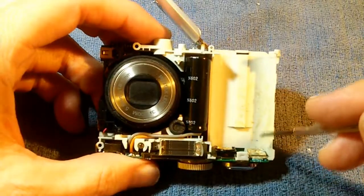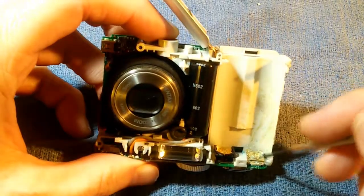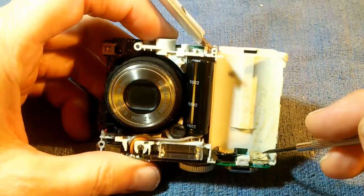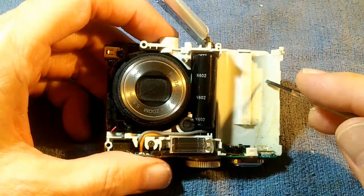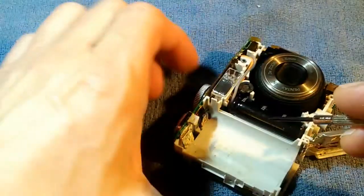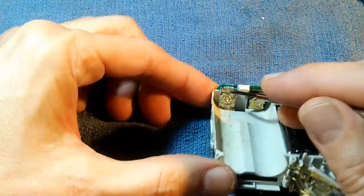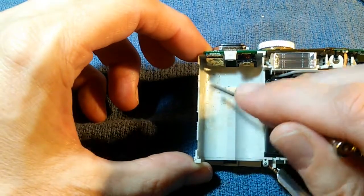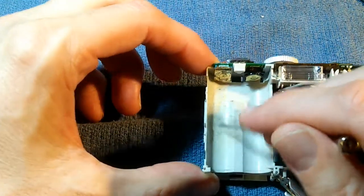I'm going to try to simply wipe some of this away with a damp cloth. This bluish color to me indicates that it was an alkaline battery that leaked. When alkaline batteries leak, they leak the electrolyte, which is potassium hydroxide, and when it interacts with copper, it produces this bluish color. This stuff is very water soluble, so maybe we can get a lot of it out with